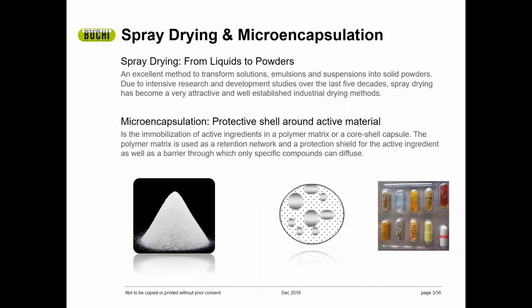So Alan will actually present a bit later on about spray drying. Spray drying really is, as Alan will say, the production of a powder from solutions, emulsions, suspensions, etc. It is important to point out that spray drying can also be used for encapsulation, where you entrap something within a matrix itself. So you can entrap a drug or a bioactive within the powder particle itself,